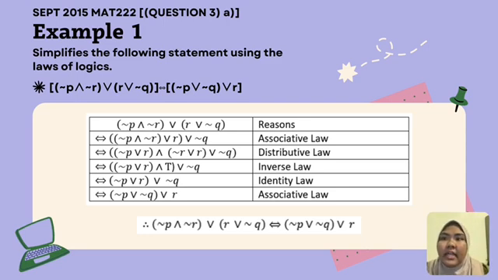Okay, first of all, as mentioned by Nurshida just now, the V sign in the statement shows that it is a disjunction statement, or we can call it OR, and the upward V represents the conjunction symbol, which we can represent as AND. So now we are going to look at the question. The first